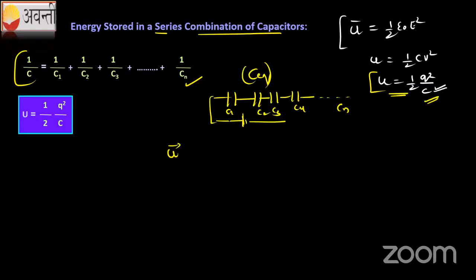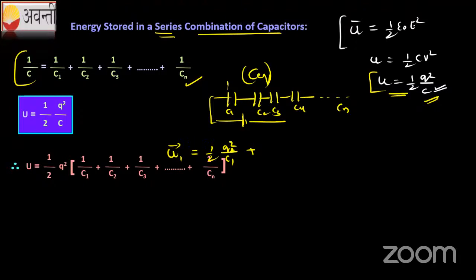Second, for the second one it is half Q square by C2. That needs to be written for n number of capacitors. It got a bit mashed up here. Here this is U1. U2 is half Q square by C2, plus U3 we have to write, again here half